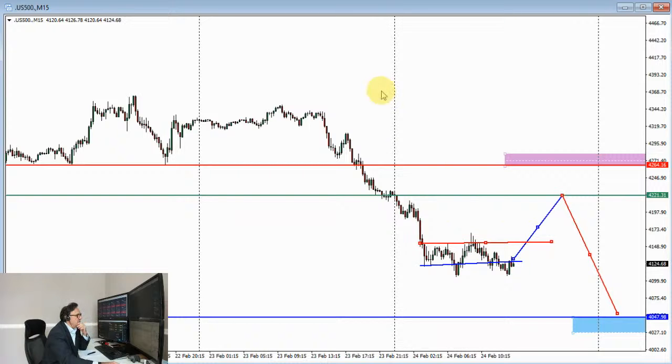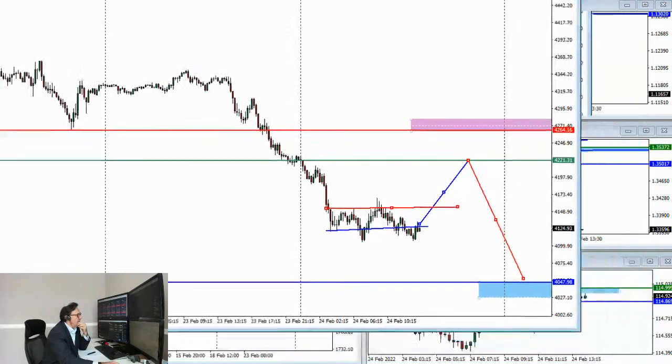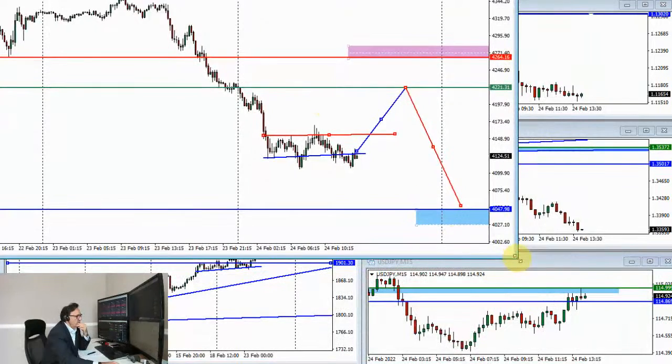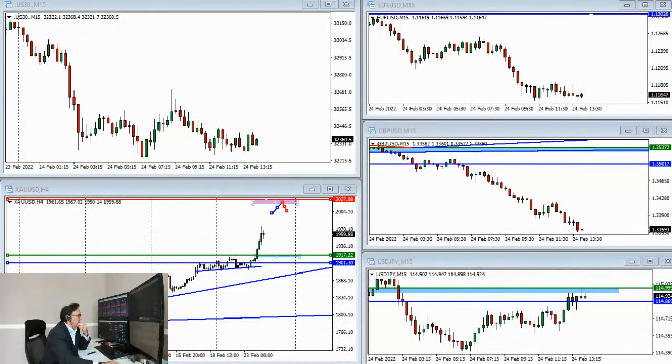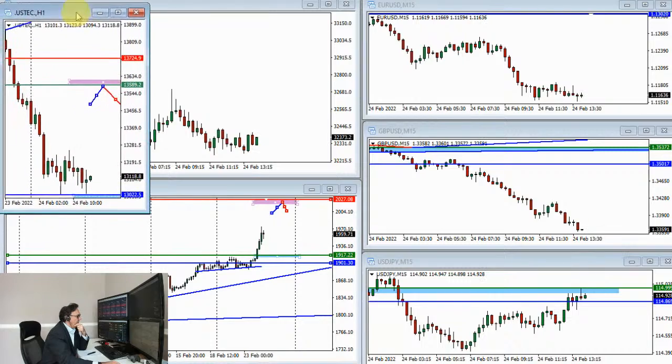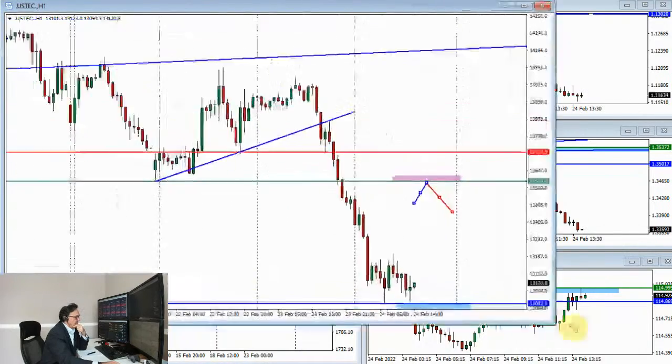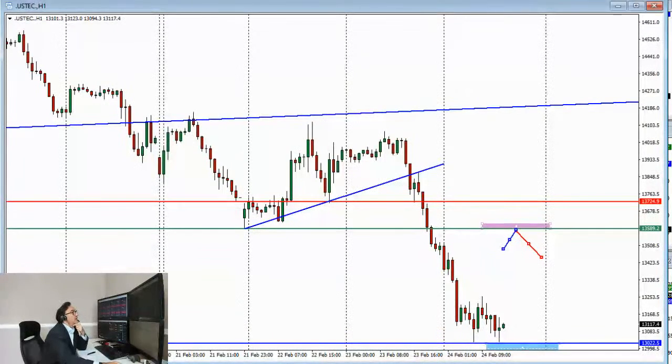At the moment, I'm just waiting here. Nothing open at the moment. Just looking at these markets and waiting for some kind of trigger. The other thing that I want to talk to you about very briefly is Nasdaq, and Nasdaq is in bearish territory at the moment. So let me just see if I'm streaming through here as well. Oh, brilliant. Okay.